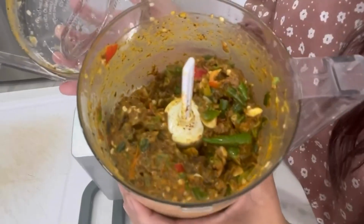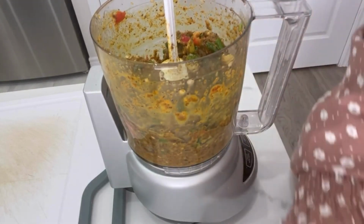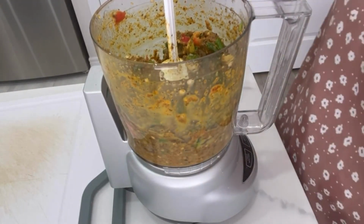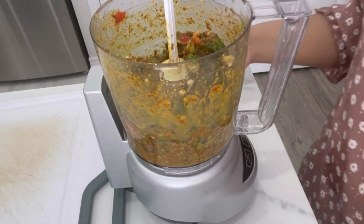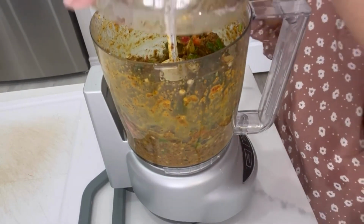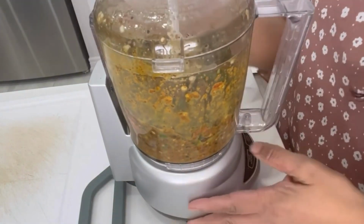And now this is what it looks like. Okay, so now we're missing some oil. Add some more oil and blend again. Cover and blend again. I'm just pulsing because this is a food processor. So yeah, keep pulsing,